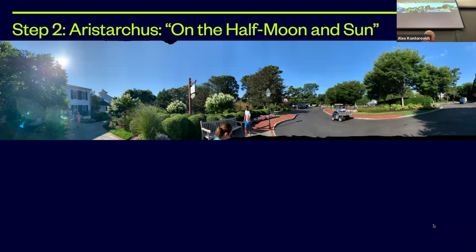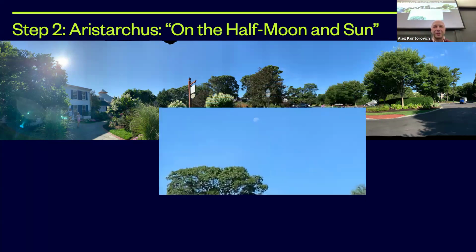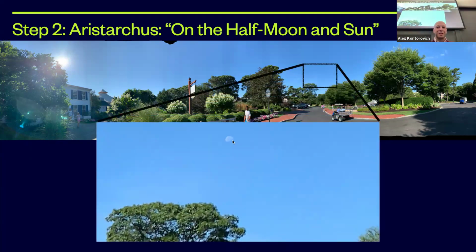Remember we talked about this half moon? What is actually going on when you see a half moon? So this is a picture I took. You probably can't see, but the moon is right there, and the sun is right there. It's being distorted because I took a panoramic picture. Let me zoom in on that moon. Hopefully you can see that that's about half a moon. So that half moon is over here, the sun's over there, and you can see both in the sky